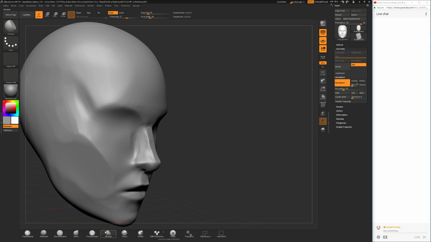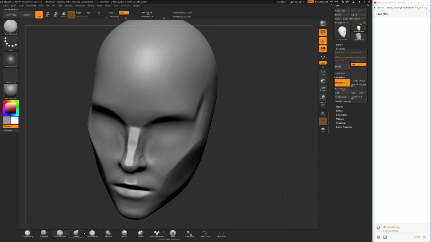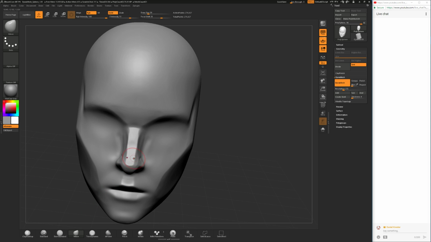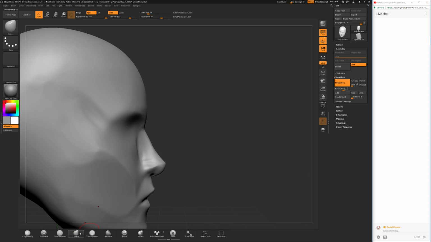I really didn't prepare anything for today as in talking points, so the show is completely up to you today. I will basically be sculpting here for an hour, a bit longer, maybe an hour and a half. And I'll be talking a little bit about what I do and where I want this sculpt to go.